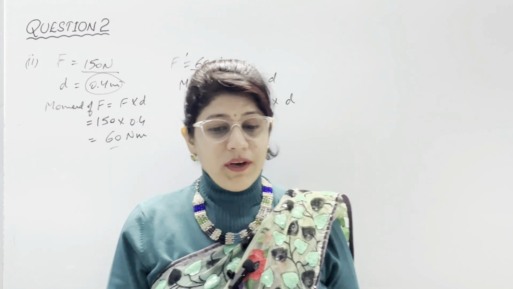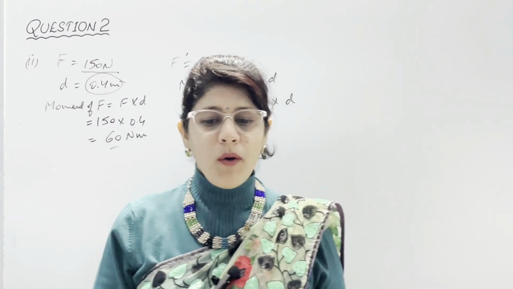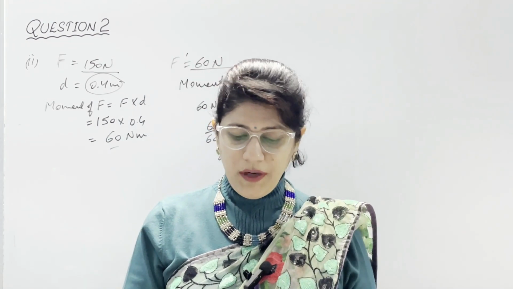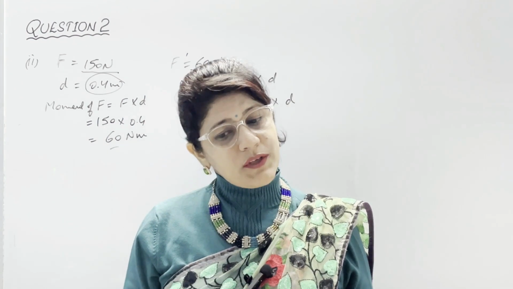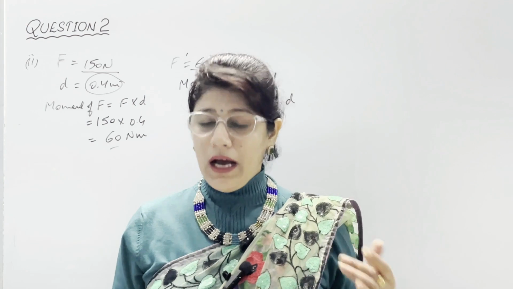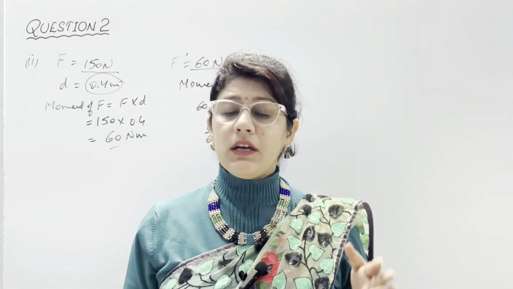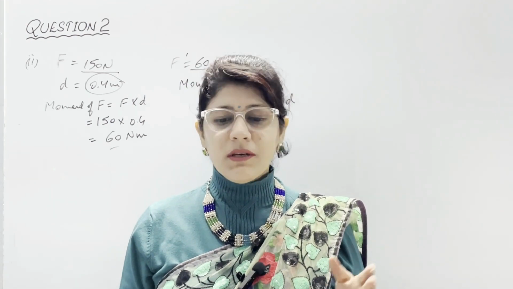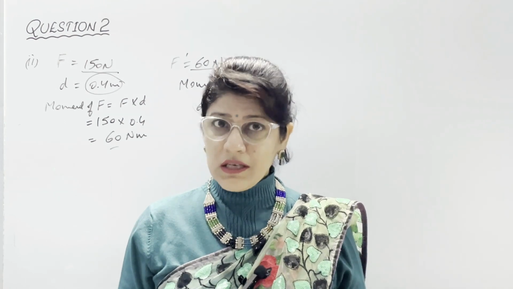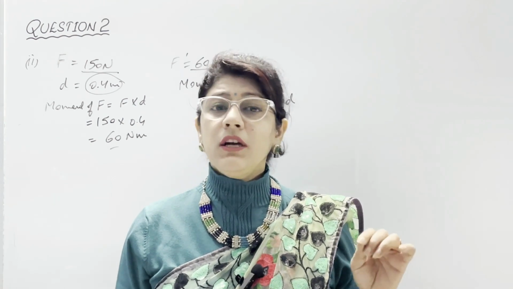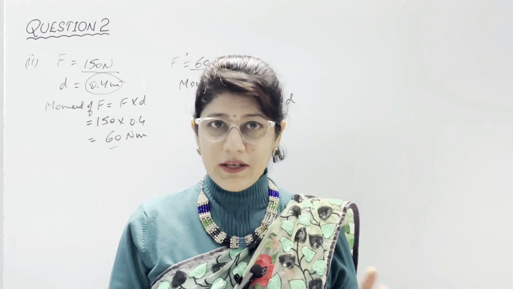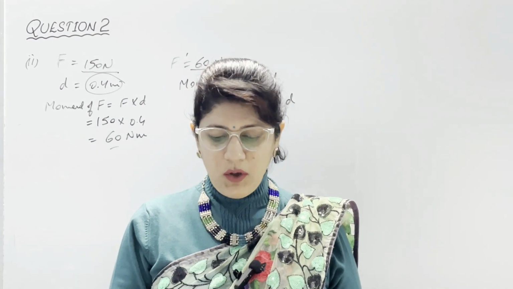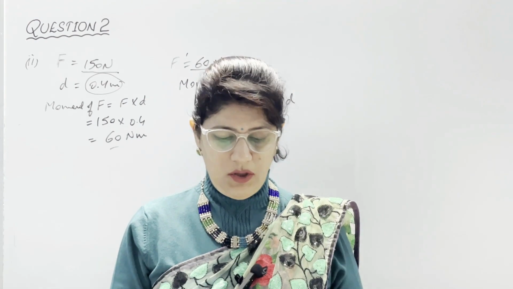In third part, where is the center of gravity of a uniform ring situated? Center of gravity lies at the geometric center of the ring. The position of center of gravity of a body remains unchanged even when the body is in the deformed state, whether the statement is true or false. This statement is false because in the deformed state, the shape of the object changes and hence center of gravity also changes because distribution of mass changes.